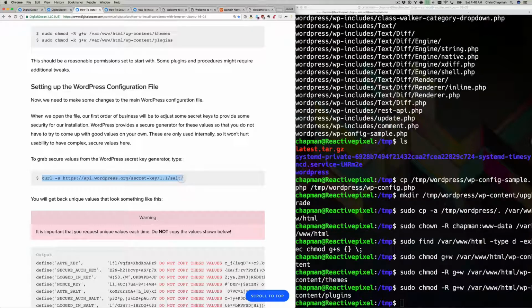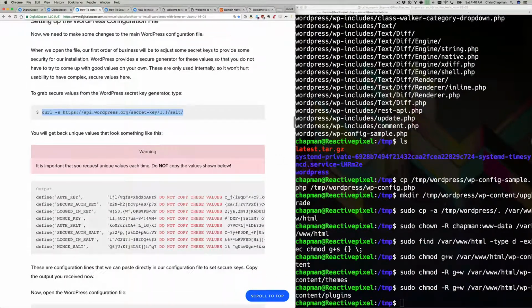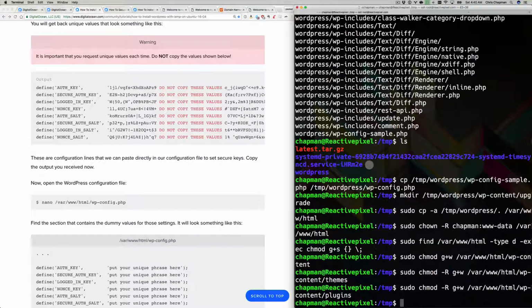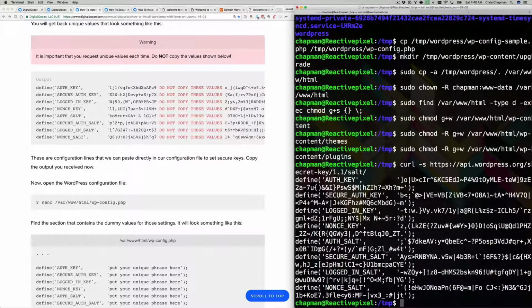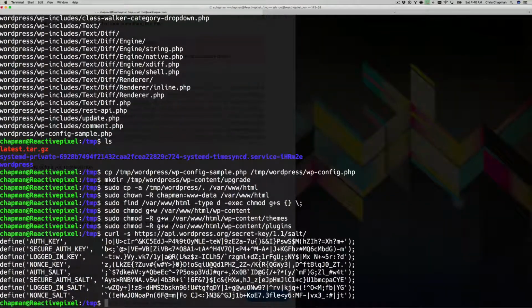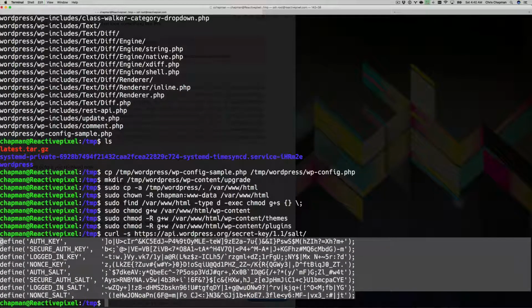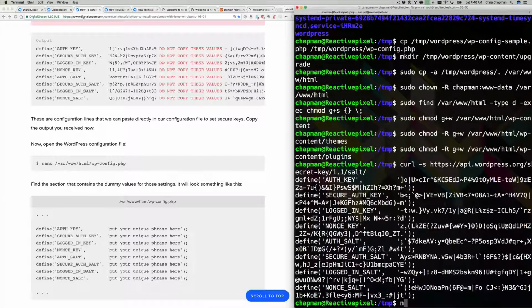So here's a fun one. We're going to end up modifying our WordPress install to be very secure, or rather as secure as WordPress can be, which is kind of one of its downsides. It's that you need to keep it up to date constantly because it's just attacked all the time. So I'm going to go ahead and copy everything that came out there, and I'm going to nano